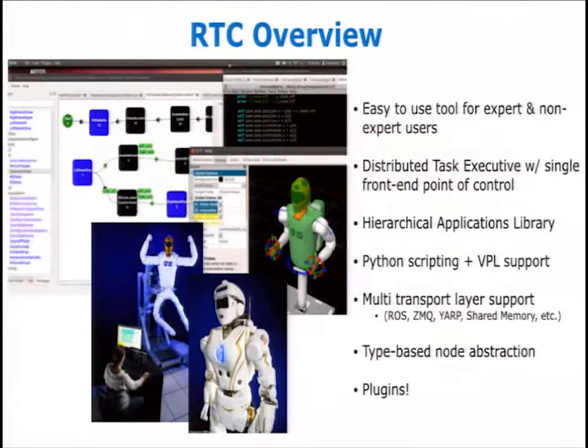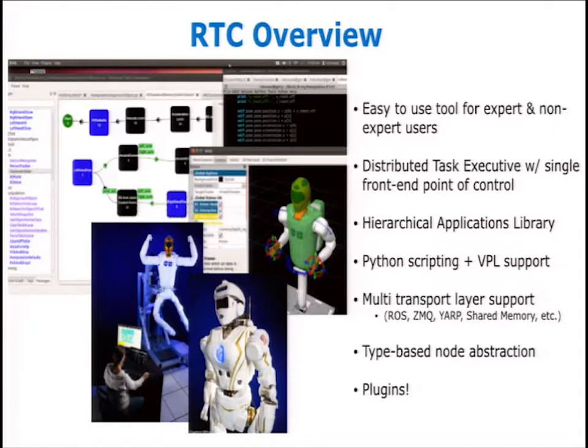The motivation behind developing RTC was we wanted a tool for expert and non-expert users to quickly program sophisticated behavior on humanoid robots of the complexity of Valkyrie and Robonaut with legs, and we needed to be able to either adapt programs quickly in the field, like in a Valkyrie DRC disaster scenario type situation, or to have astronauts or crew members on the International Space Station where there is a Robonaut be able to change and build programs